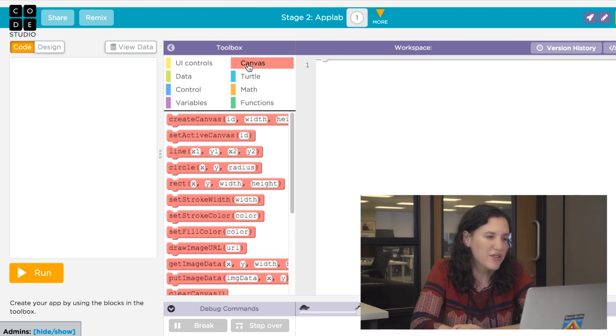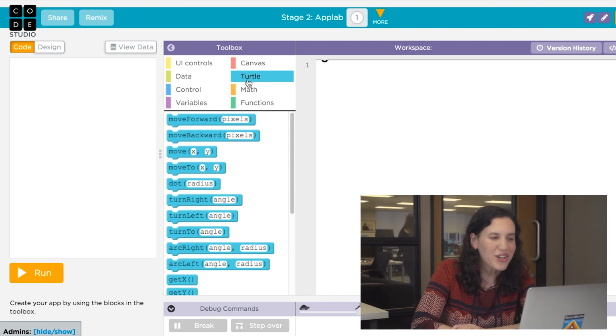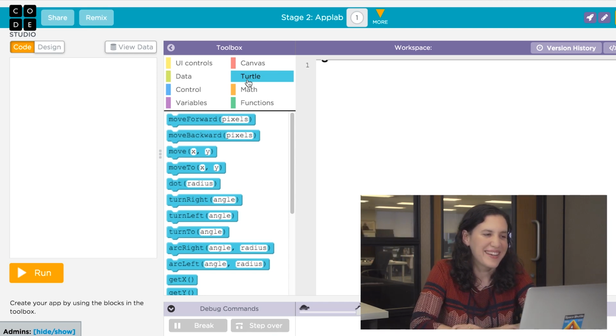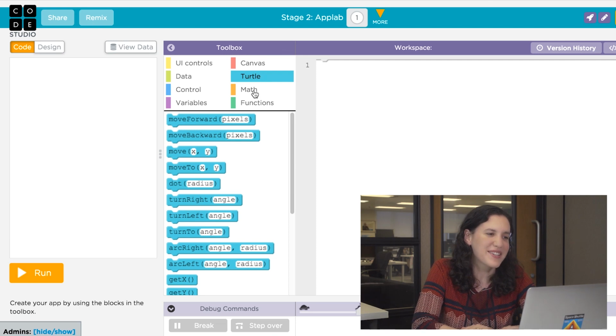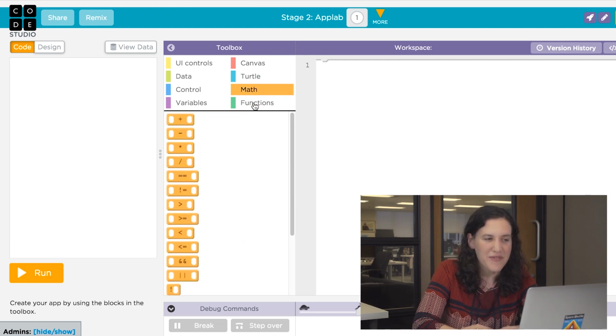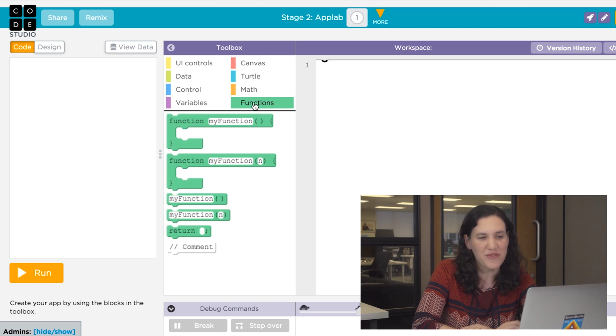like circles, triangles, lines. Turtle is going to let you put a turtle on the screen, and the turtle's not actually a turtle, we just call it turtle. It's just a dot, and you can use it to draw lines, turn, draw a different thing. If you've ever used Artist in our CS Fundamentals courses, you'll find that the turtle works a lot like the artist. Math is all of your basic math functions, and in the Functions tab, you can build your very own